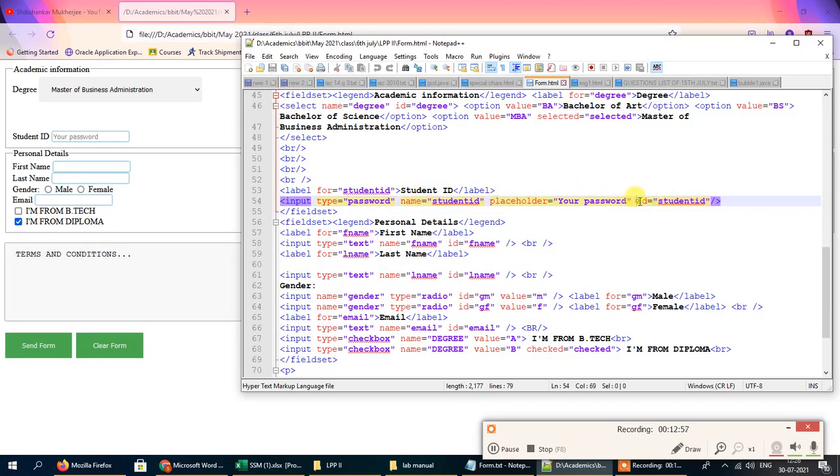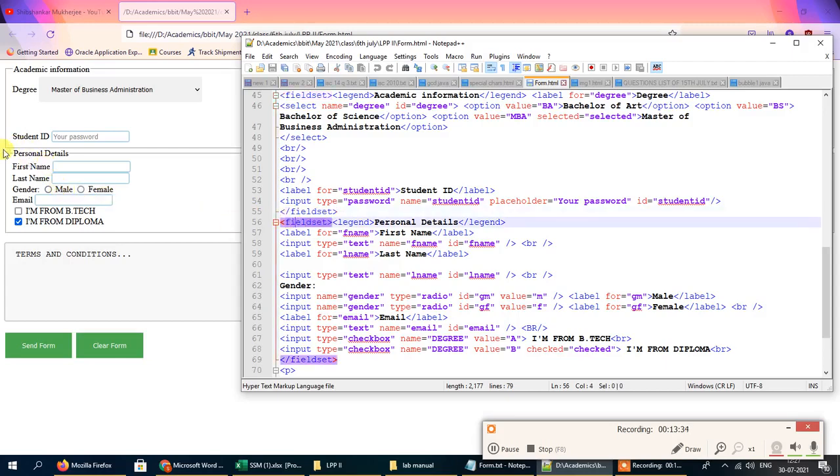The ID attribute is usually assigned for any kind of scripting language, and the name is usually given to identify the field with which it is associated when we are doing some kind of manipulation of the data from this field. Say we are manipulating the data by sending it from this page to another page, in that case the name field comes in handy. After that, this field set ends here. You can see this box ends after the student field, so there is a margin after that, and after this another field set is started by using the field set command.